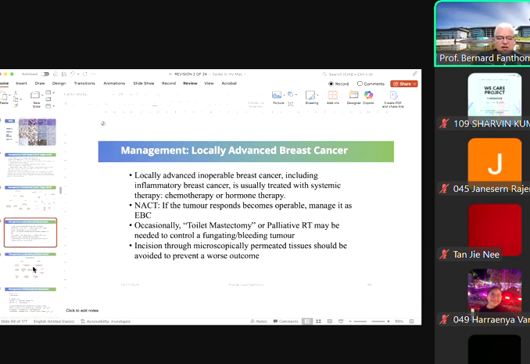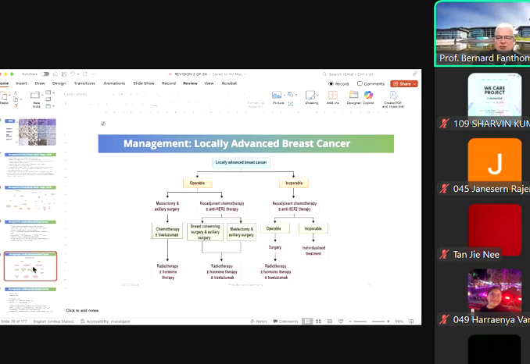In locally advanced breast cancer also there is some confusion, so we should remove that confusion in our mind. Locally advanced breast cancer is T3, T4 tumors or N2, N3 tumors, but no metastasis. So only locally the disease has advanced. If disease has advanced locally, it makes common sense to understand that the chances of metastasis are higher. So, whenever the chances of metastasis are higher, this plan of treatment,